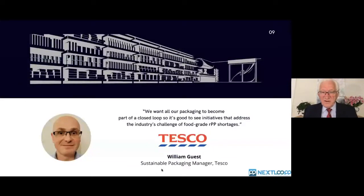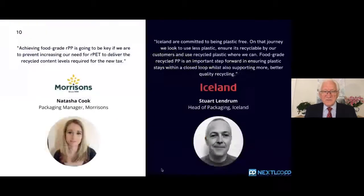Tesco, with whom we're working on many other initiatives, also see the big advantages of food grade recycled PP, but they're aware that this material is very hard to come by. So they do support what we're doing. Morrisons and Iceland, both companies that are very aware of the consumer reaction to plastics, and they want to see recycled loops for food grade recycled polypropylene. And the other option is that polypropylene becomes switched into another material like PET. And so we're so pleased that we're getting this pull from the supermarkets to have an initiative like NextLoop deliver